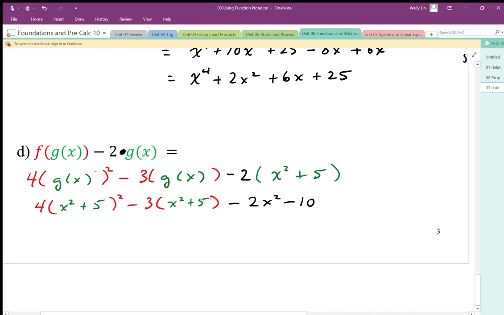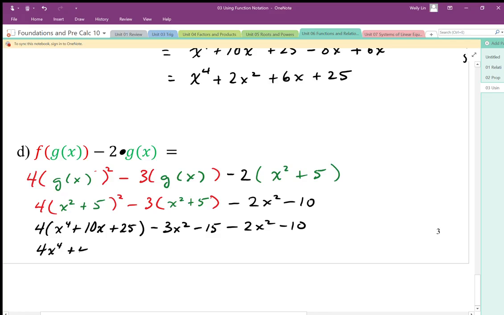So now I've done all my replacements, and I can just work this out and simplify this. So I end up with 4. Remember, when we square this, we're going to end up with x to the fourth plus 5x squared plus 5x squared, which is 10x squared, plus 25 minus 3x squared. Again, make sure you're keeping brackets. Keep track of all those negatives. Minus 2x squared minus 10. So I end up with